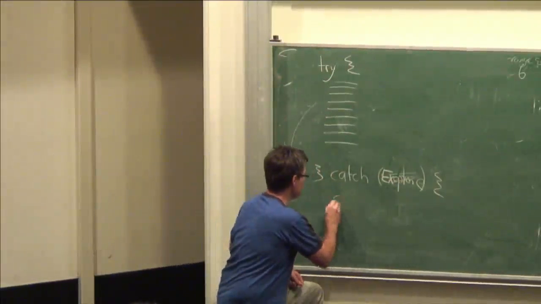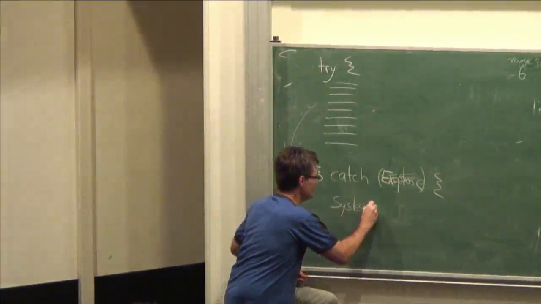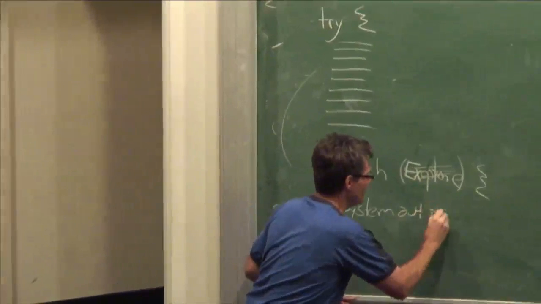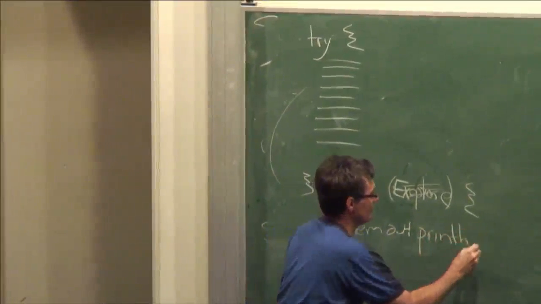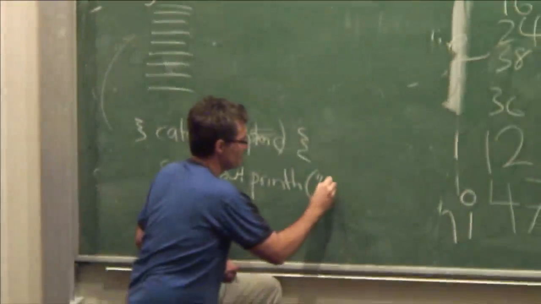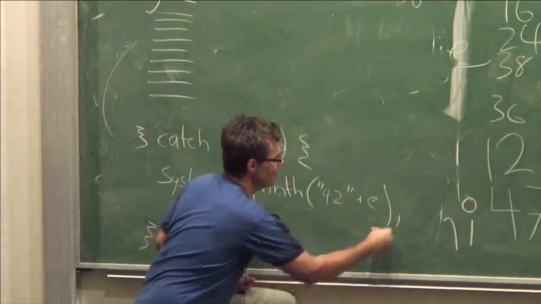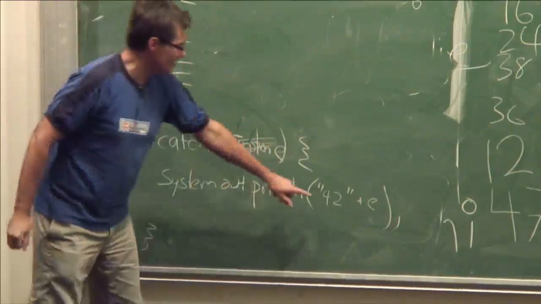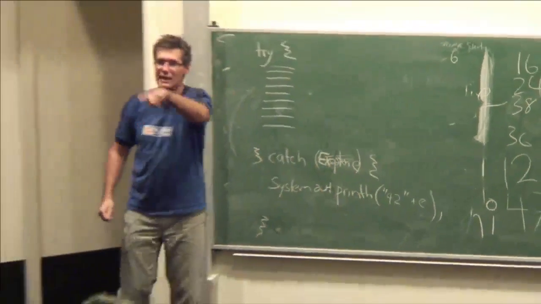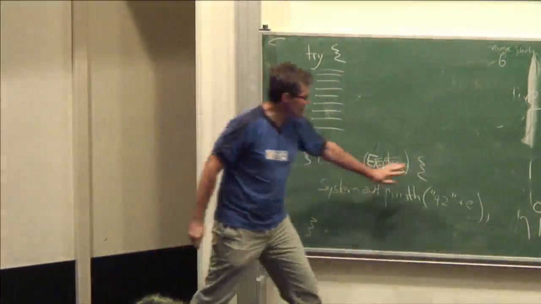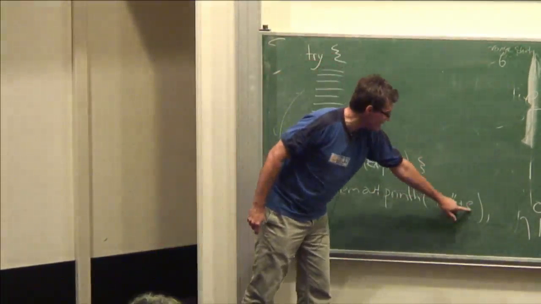Well, normally, what I just do is I just go, oh, well, okay, System.out.println("spot number 42" + e). And what that does is it prints out 42 and I know, oh, it's that line that threw that exception. It's pretty hopeless, isn't it? I should do more fancy things. And then it prints out e.